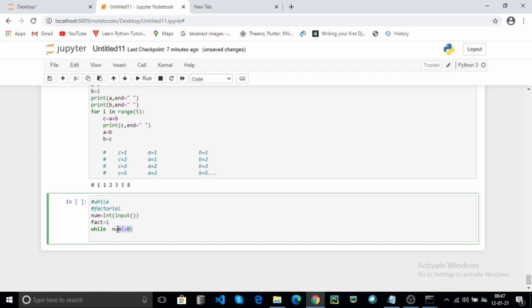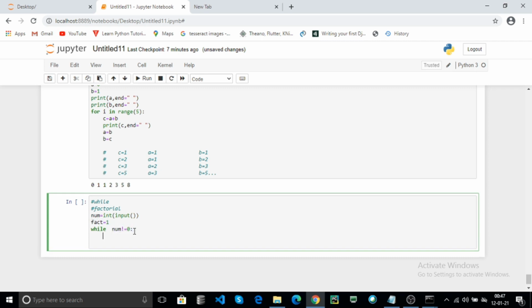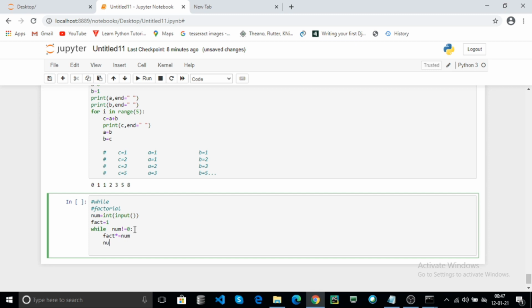If the number is equal to 0, the result will be 0, so we use this condition. Here fact into equal to number, and num minus equal to 1. This is same as fact equal to fact into number. This is same as num equal to num minus 1.